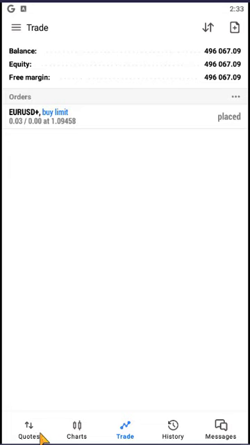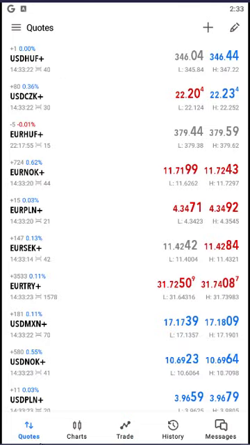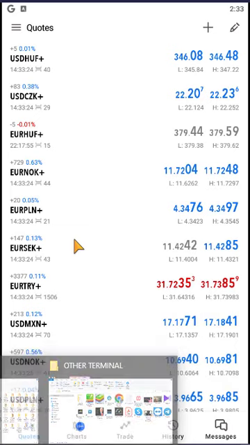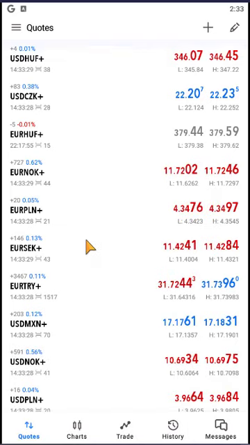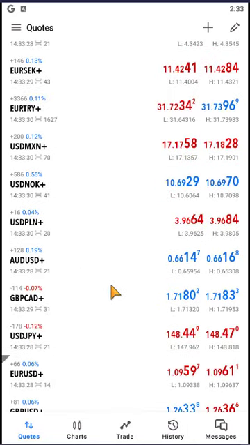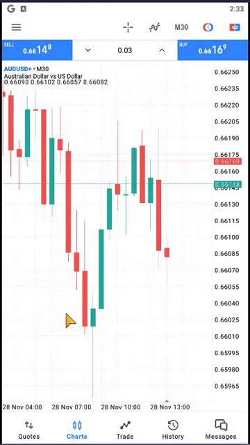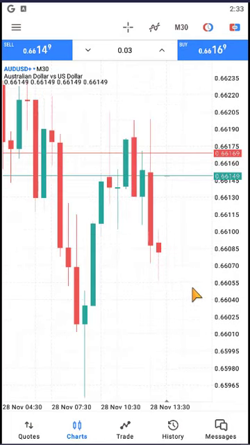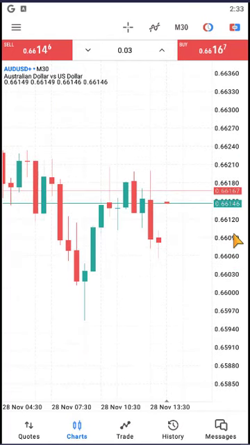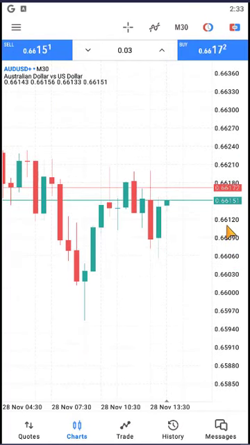Okay, so let me do another one for maybe buy stop, and of course sell limit and all of that. So let me use another instrument for that. So let's do one on AUD USD. So I'll just click there, I'll click on chart, it will open up. So this is for AUD USD. So for the AUD, we have done buy limit. So let's do